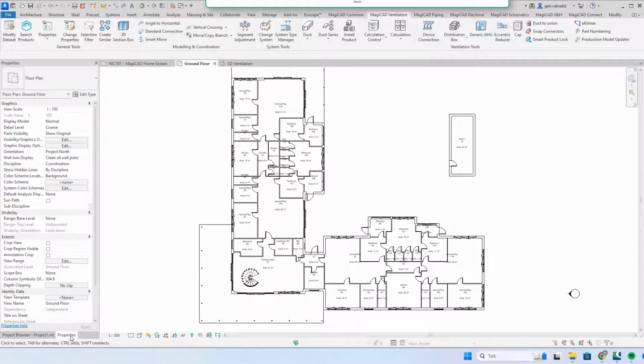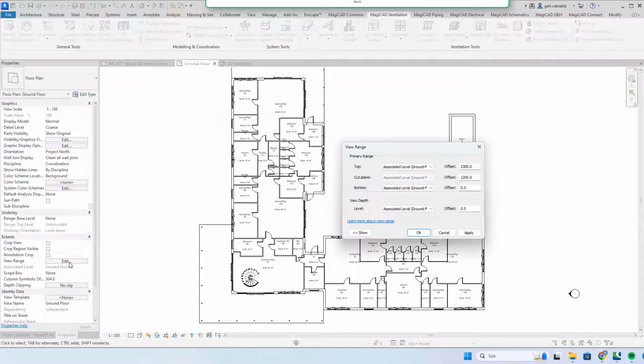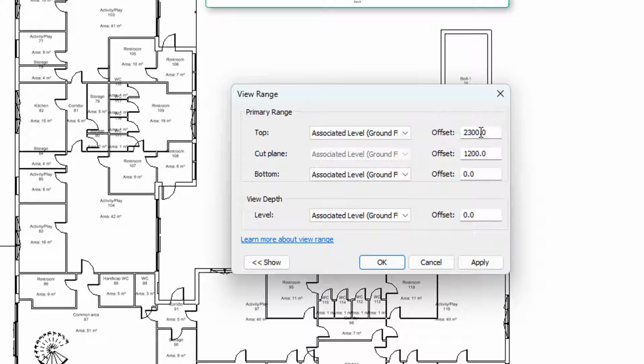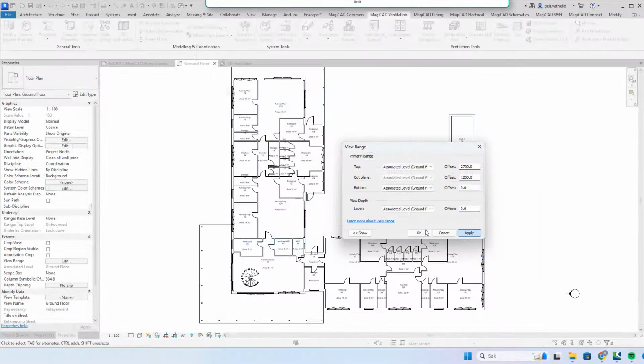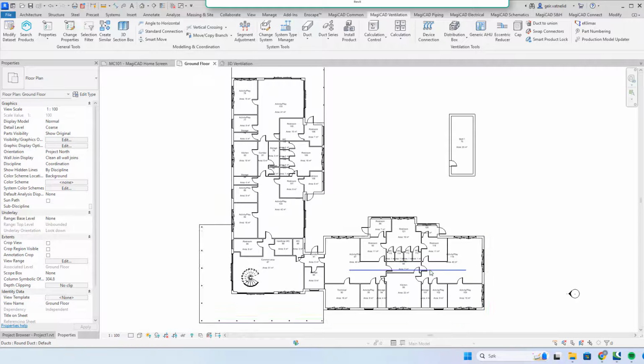I go to properties here. I click on edit view range. We see that the offset here is 2.3 meters, and the height I was modeling that duct at was 2.5 meters. That means that we can't see that here. So we have to change that, for instance, to 2.7, 2,700 millimeters. Apply, OK, and then we see that